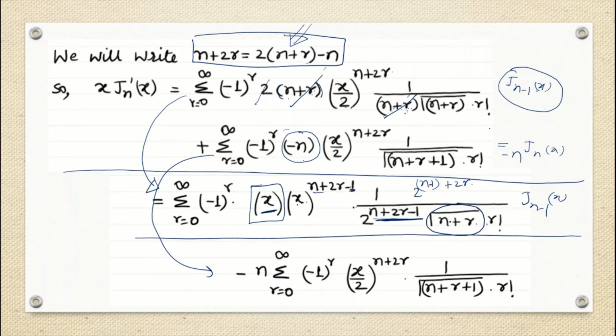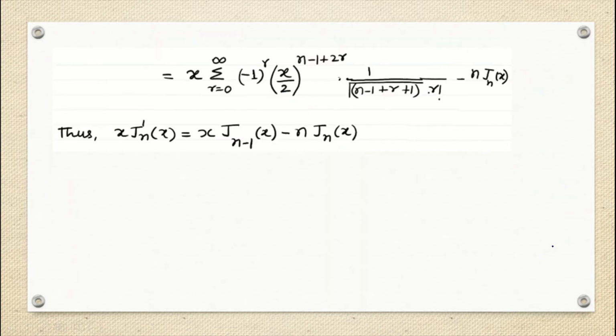And this even further you can write down, this is nothing but n plus r plus 1 minus 1, because n plus r plus 1 is for your J n x, and then you are writing down minus 1. That means n minus 1 plus r plus 1. Even this also you can write down. So this is saying the same thing, correct? Okay. So the same thing we have written down here, right?